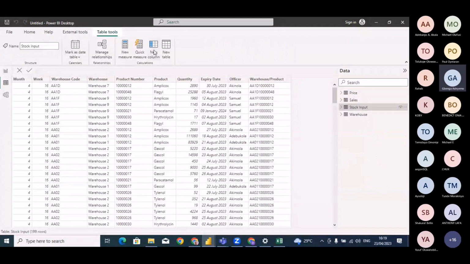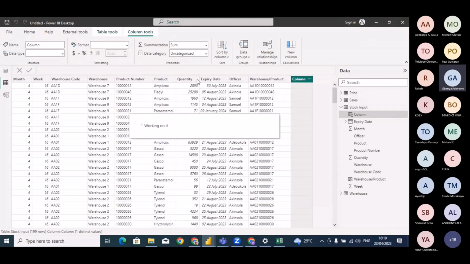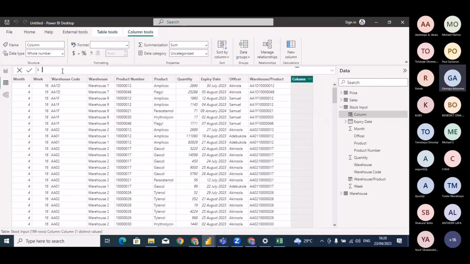We'll click on new column and use the lookup value function. So you say shelf life. Shelf life is